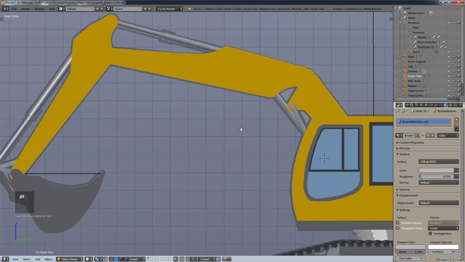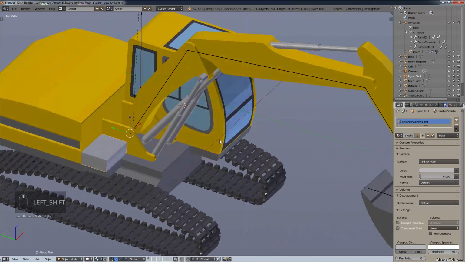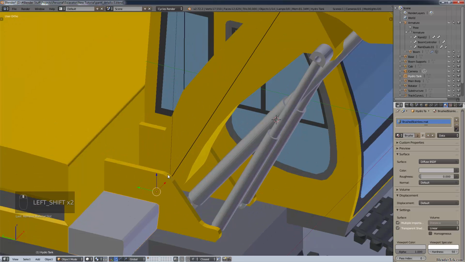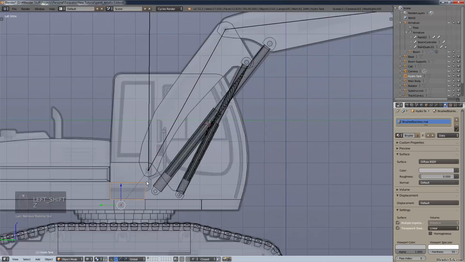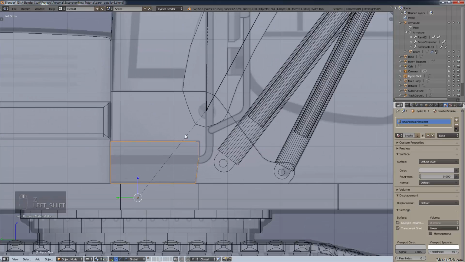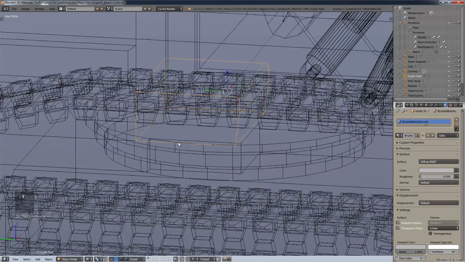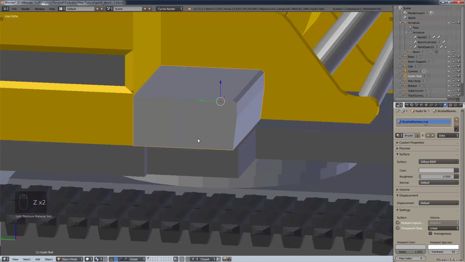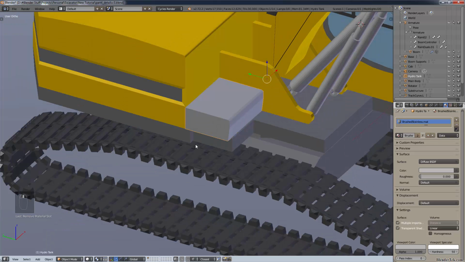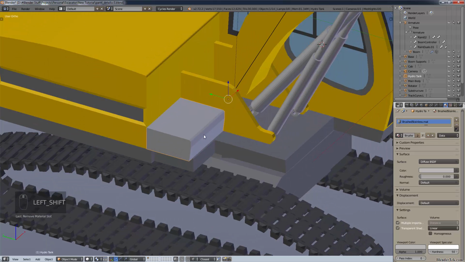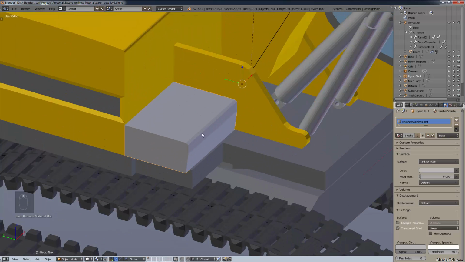One last thing I want to model before I leave you guys off is on top of the hydraulic box. Now, it's not in the blueprints. If we go to the left-hand view, it's not in the blueprints, but I think it would be cool, in my opinion. Let's see, solid. Where do we have room? In my opinion, actually, I think what we should do is we should take this hydraulic, but we should take